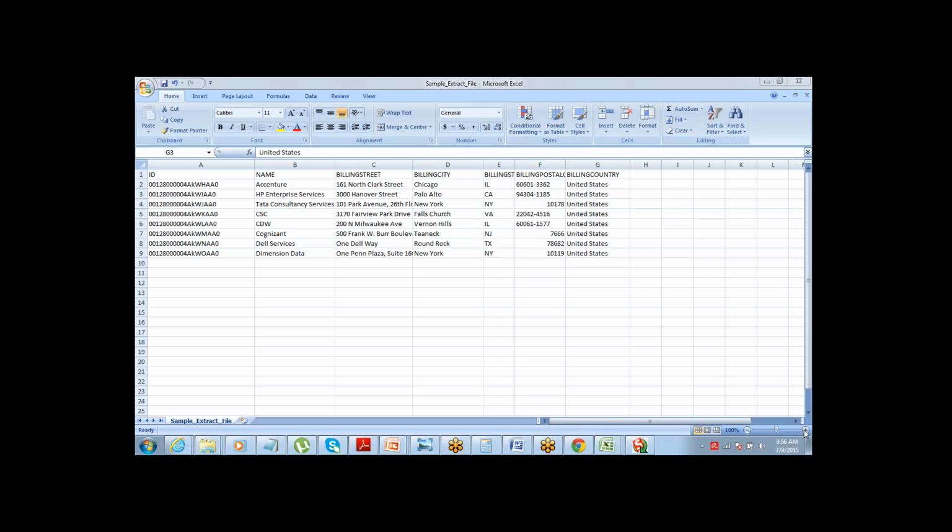So if it's 100 records, it's not going to take 10 times of it, because some basic processing needs to be done for every file. So data loader is quite fast. Let me give an example: if we have, let's say, 50 to 100,000 records, it might take 4 or 5 minutes.